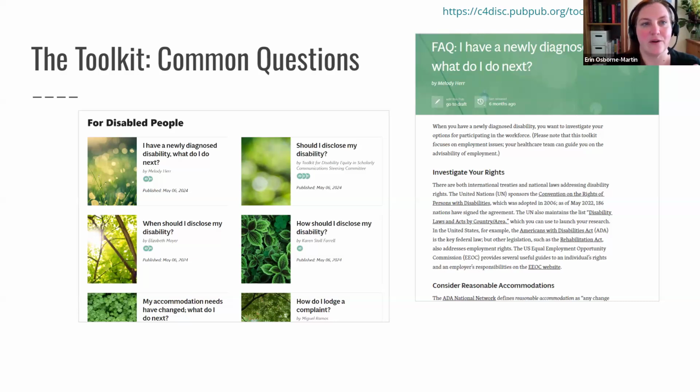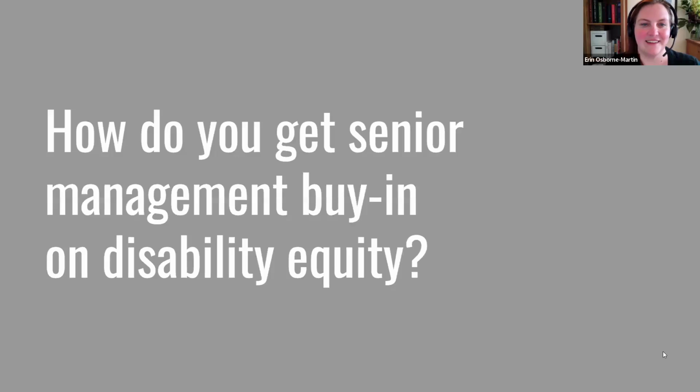They set out a question that comes up frequently. It gives some links to places where people might find some additional information. And many of these also have a case study or scenario at the end, a real life example where this has happened, and it walks through what that might look like in practical terms. We wanted to make sure that the toolkit was very practical and very useful in real life situations. So that was one of the things that we've done throughout as well. And then I think that is it for this slide.